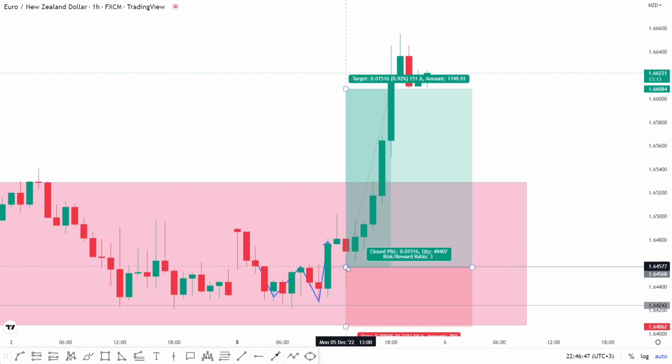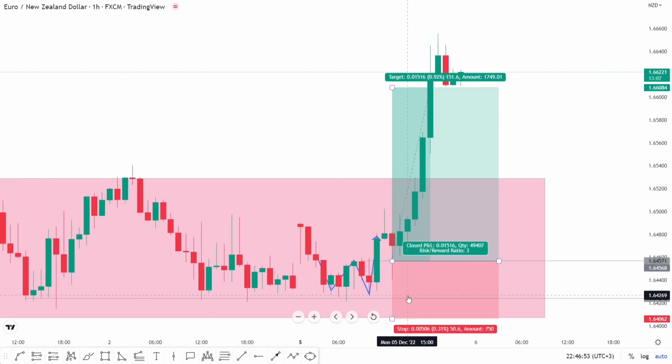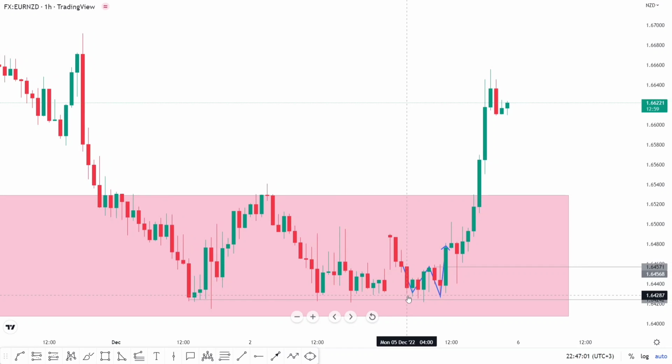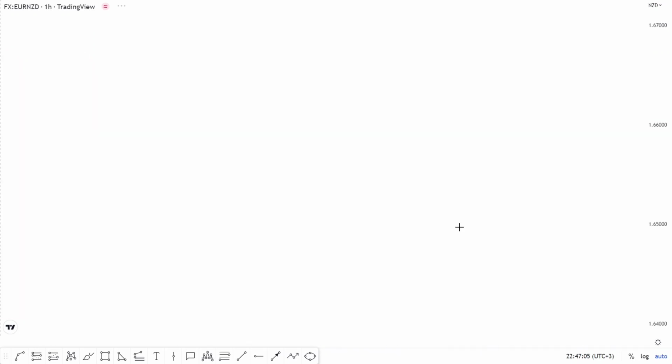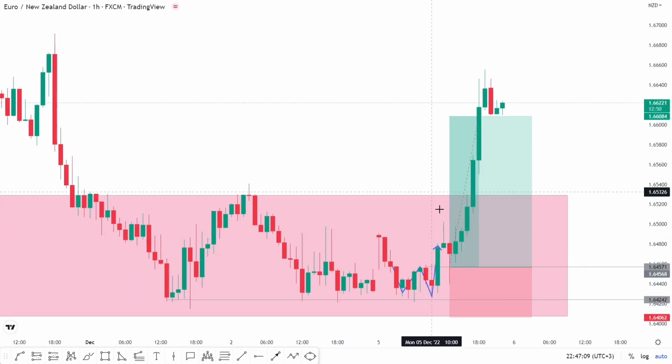Then you wait for the market to react. If price goes against you and it breaks out to the downside eventually, because sometimes you can hit stop loss, well and good. That doesn't mean your strategy does not work. But because I've backtested it, I already know that most of the time, as long as I'm following my strategy, I have a high probability of hitting profit. So basically, that is how I got my trade of Euro NZD 1:3 RR.